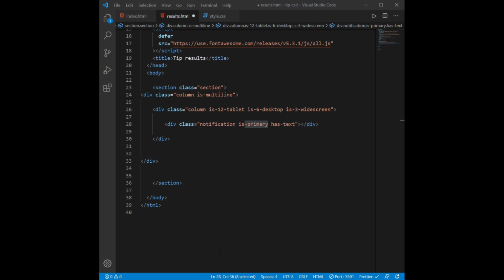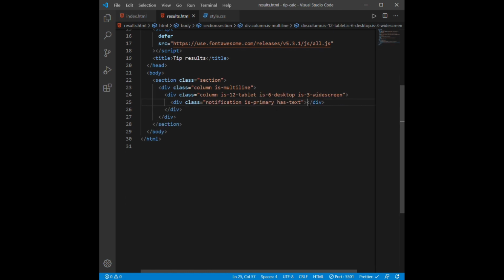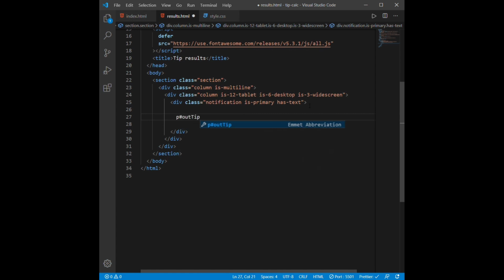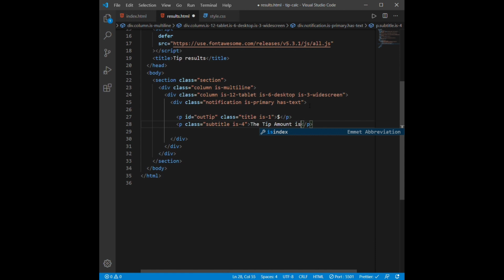So inside the notification is-primary class, I'll also be providing a p tag with an ID of outtip, and let me give a class to that p tag of title is-1. Awesome. And then let me provide a p tag with a class of subtitle, p.subtitle, and subtitle is-4. These are just heights and widths, and you can check them out online. The tip amount is nice